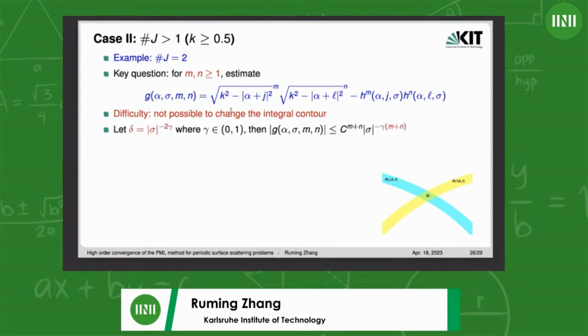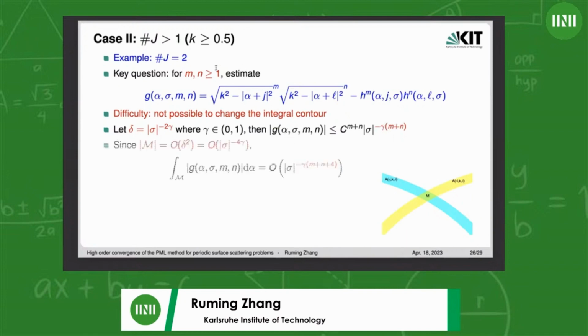So the main point is we choose delta. Delta is the width of this annulus, and sigma is a PML parameter. We choose delta to be sigma to the -2 gamma, where gamma is any value between 0 and 1. Then the function decays. It converges as sigma to the minus gamma (m plus 1 plus n), where m and n are greater